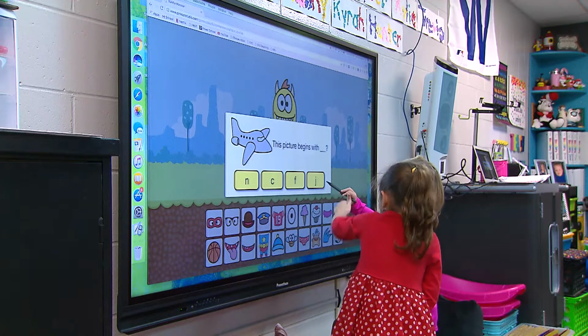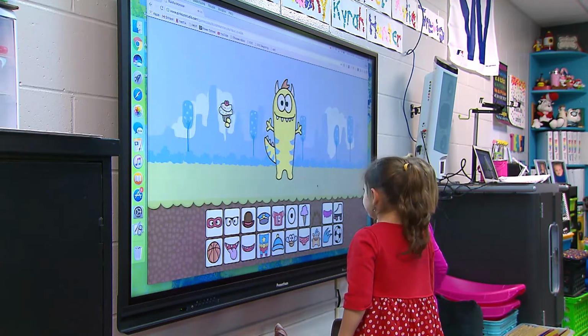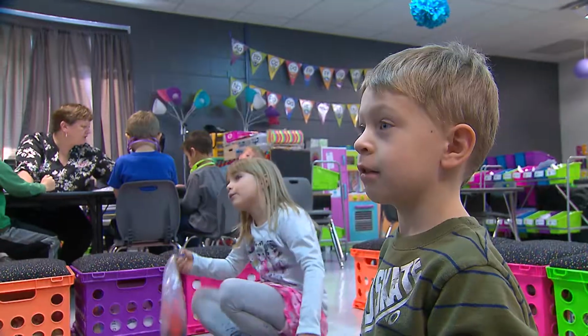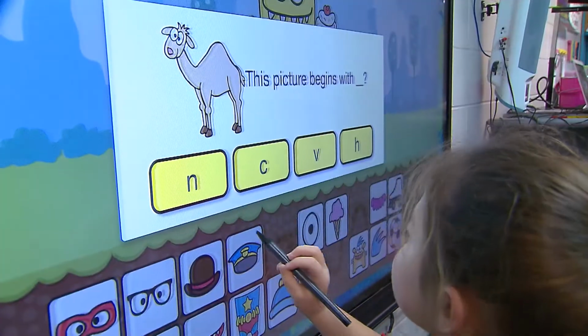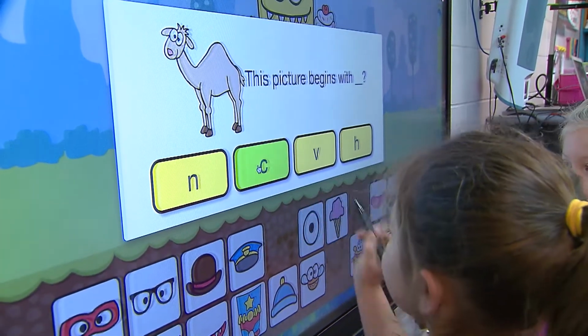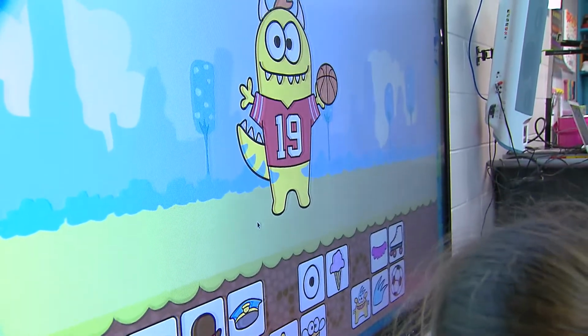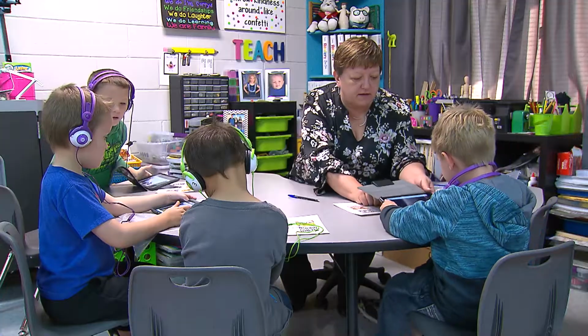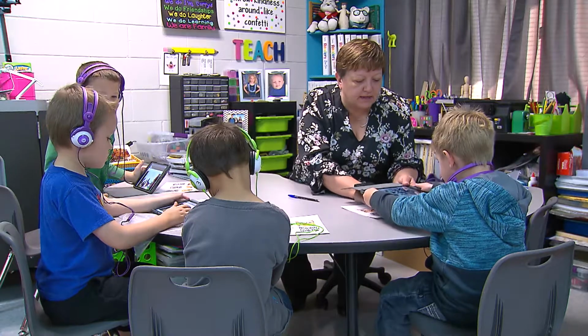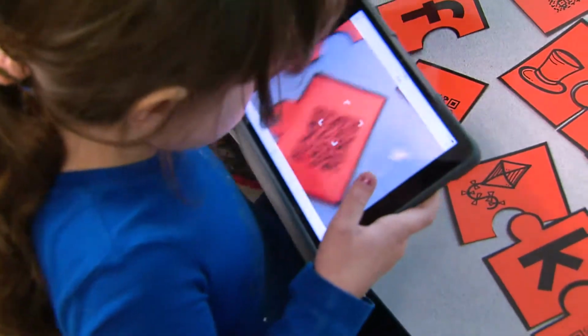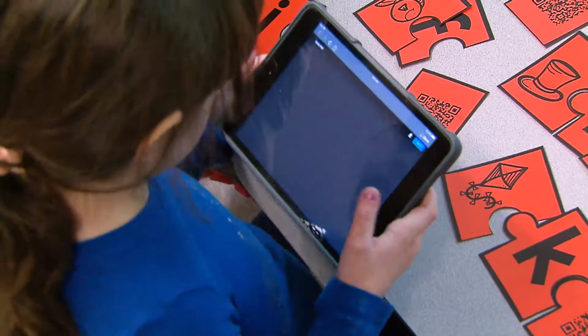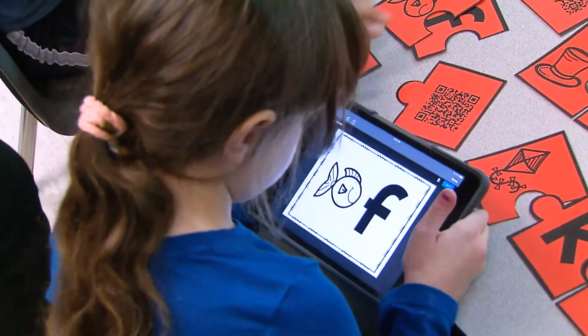I think technology provides a real opportunity to assess students in more efficient ways and to provide real-time data back to students and teachers. We know that good assessment is integral to good instruction, and it should be just part of how teaching and learning happens. And so when teachers can use technology to quickly assess and check student progress, they can get right back into instruction. And so it's a seamless transition between teaching, students demonstrating, practicing, and then assessing, and then right back into